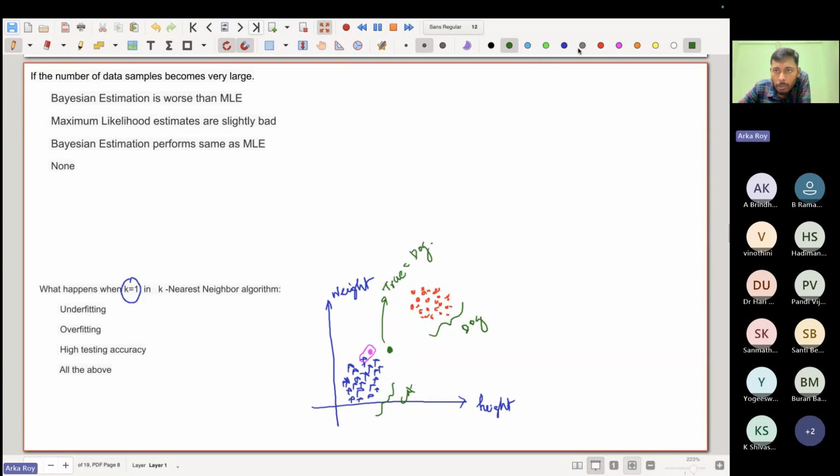But now what you are doing is only checking the lowest distance. So for this case, your prediction would be cat. So that means when you see just a single data point, there is a huge risk that